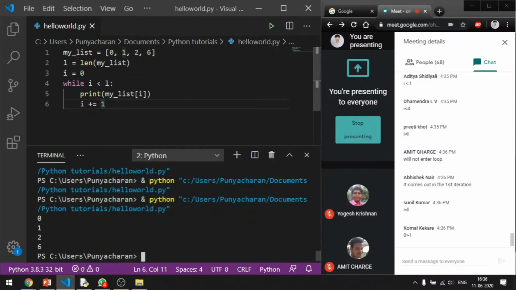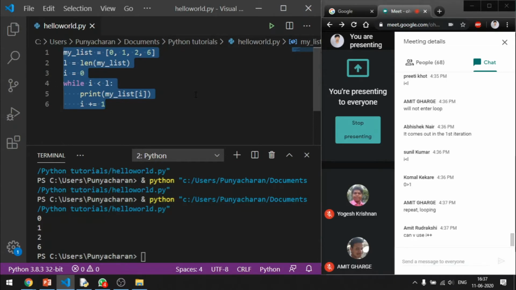Let me take you through the code. Here you have a list as usual. Then you are going to take the length of that particular list using the len function. Then you are going to take an iterator variable i is equal to 0. Then you are going to iterate through the length of the list. As you iterate, you are going to print that particular position in which that iteration is in, and then you are going to increment the variable. As simple as that. Hope this is clear. I request all of you to take this code snippet.